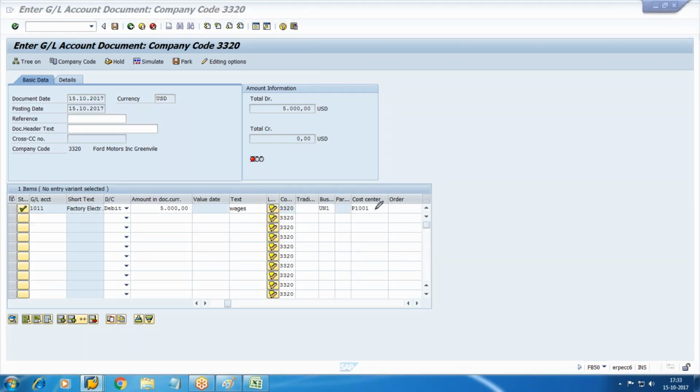So automatically we got this cost center and business area. That means here we mapped this business area and cost center with the cost element, and this cost element was created in the company code. This is one way of configuration. Otherwise,